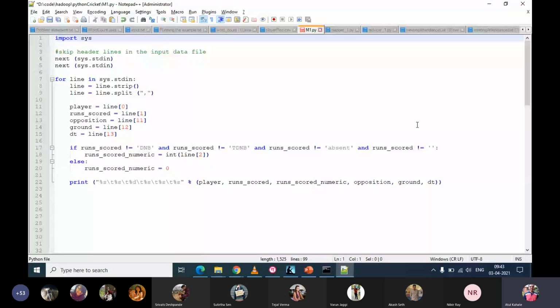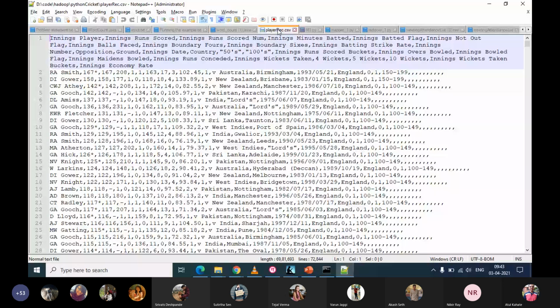So here, what I have written is simply next of sys.stdin, because as we know, the input file has two records or two lines, which are coming here as the headers.